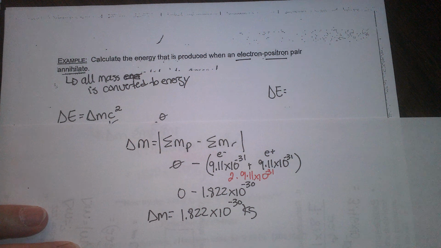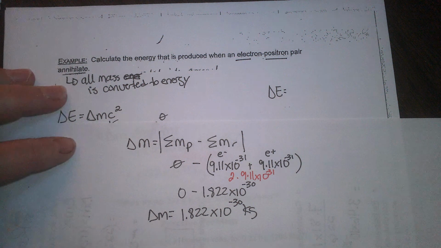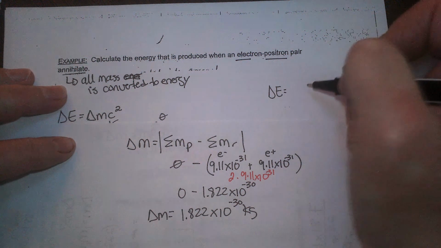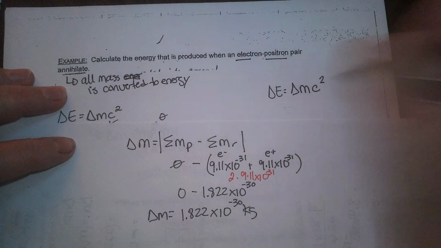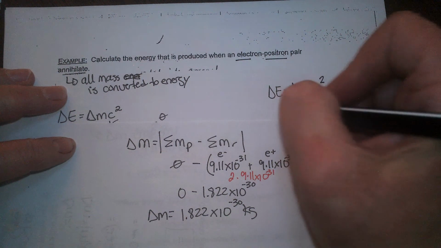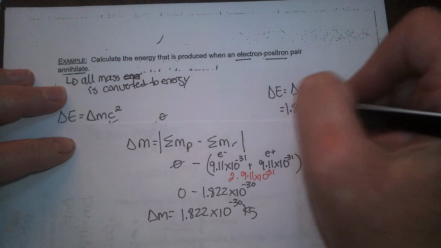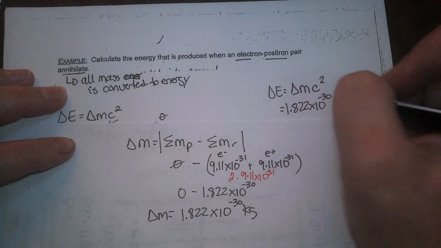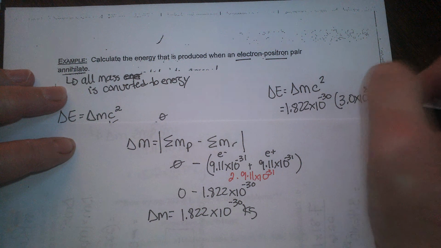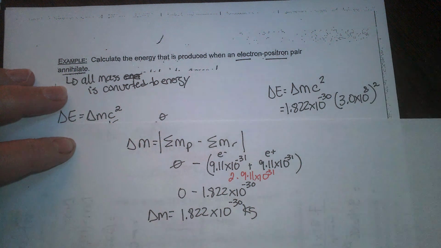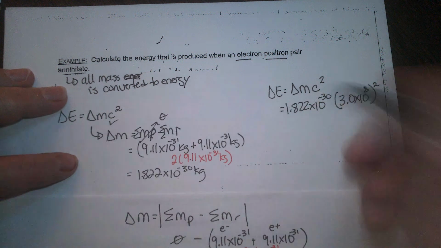We're not going to worry about sig digs because we're not at our answer. Our answer is to calculate the energy. So we're going to keep all decimals, and we're going to go over here: energy is equal to change in M times C squared. We know that the change in M is 1.822 times 10 to the negative 30. Speed of light, 3.0 times 10 to the power of 8, squared. And we get